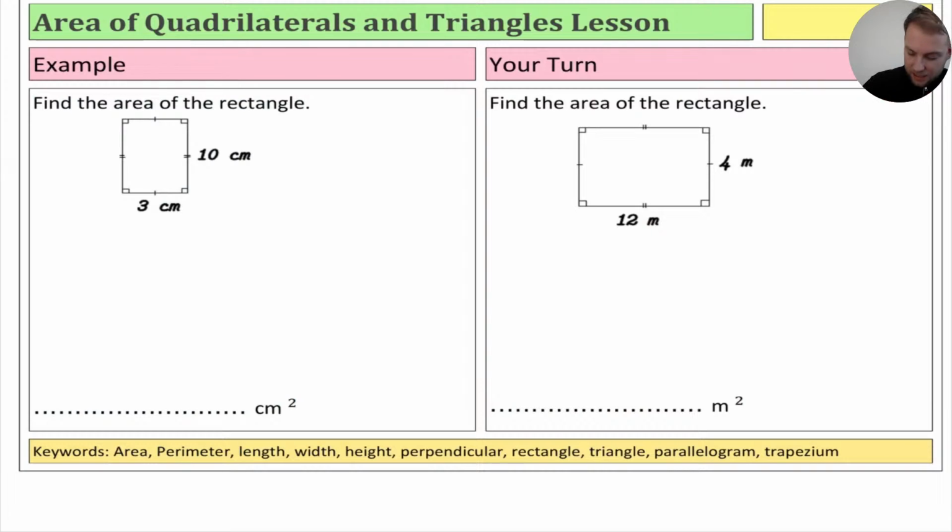So this one here is a rectangle. We can see that. So thinking back, how did we do the area of a rectangle? Well, the area of a rectangle was length times width. So this one here is really straightforward. If I get this down in your red books, make sure you're doing it. It's just 3